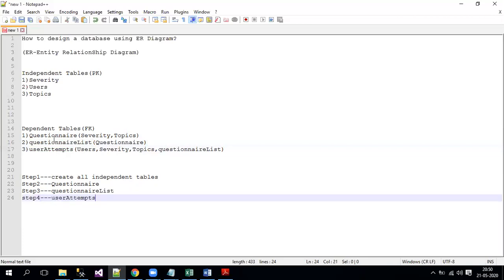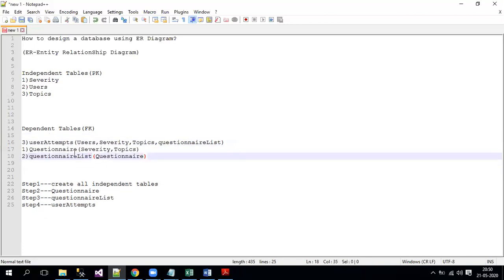For example, if you shuffle this one, for example, without creating these 2, let me remove this and put it over here. If you are trying to create user attempts without these 2 tables, what will happen? Definitely it will fail. Why? Because this table is depending on quaternary list as well.